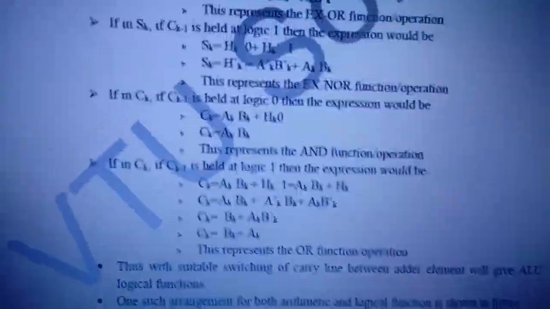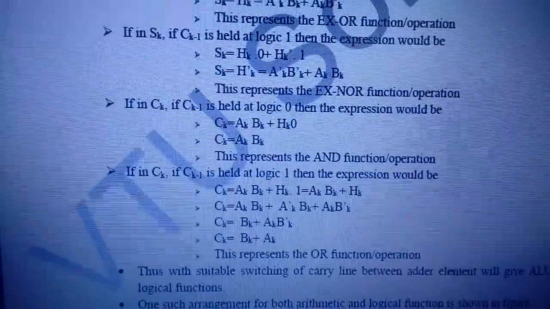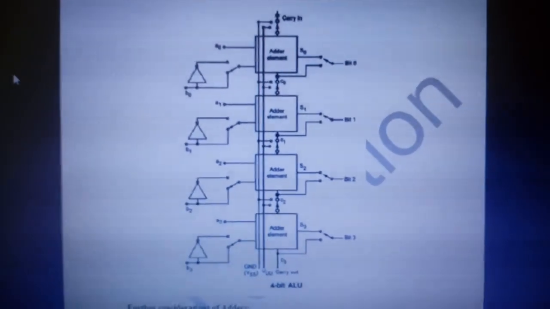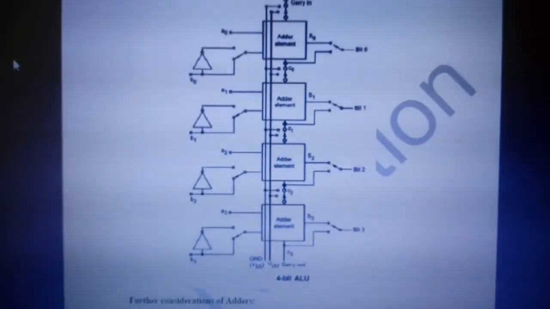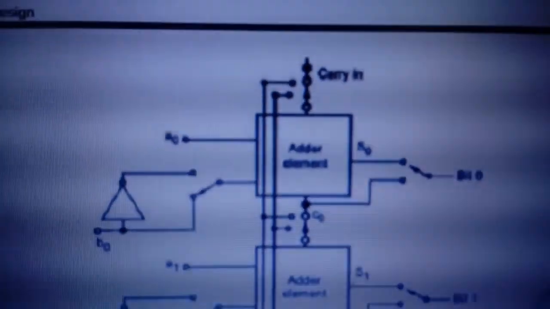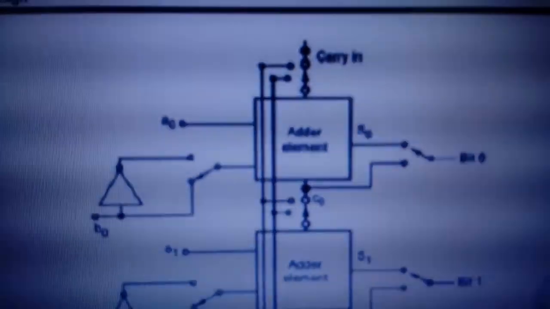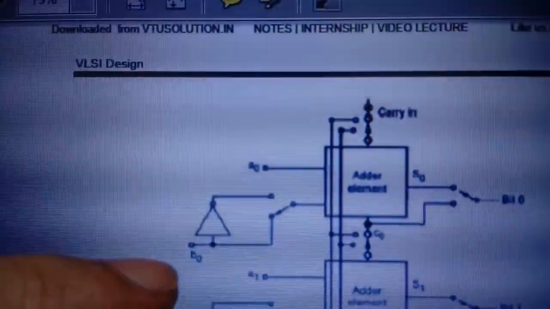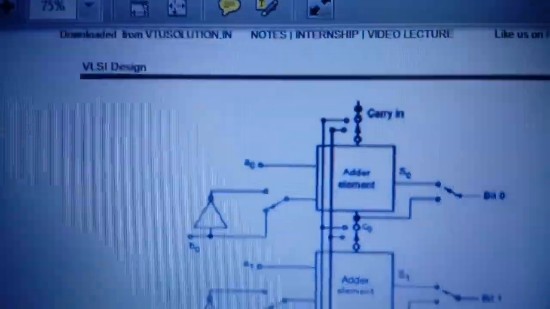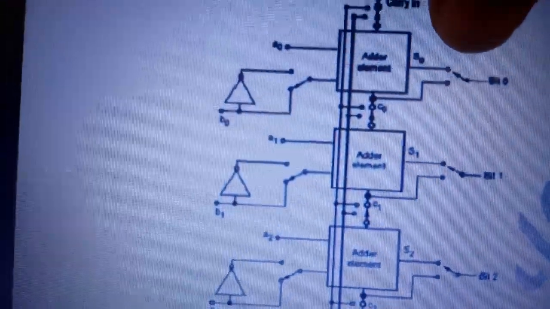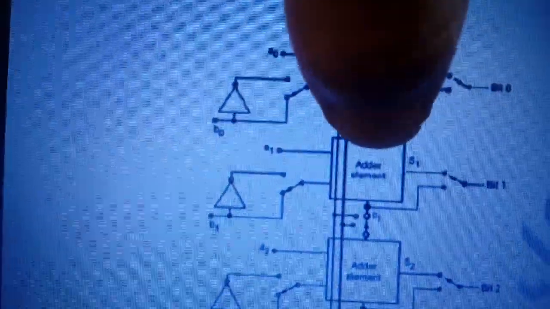Okay. So this tells you the implementation of the adder. This shows you the diagram of a 4-bit adder where 4 adder elements are added like this. This is one adder element, where you are giving the inputs and the previous carry is given. This one is A0, and this one is B0. These are the inputs, and here you have S0, the sum for bit 0, and the next carry goes to the next adder element.